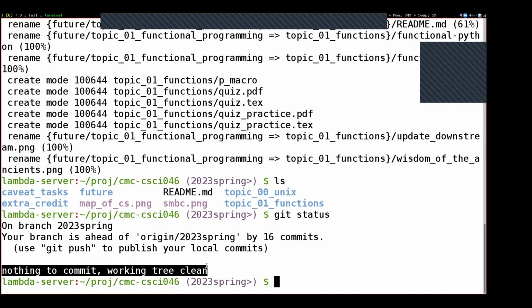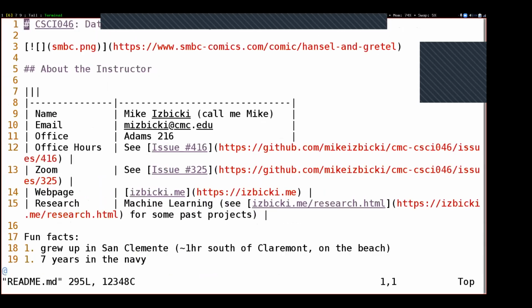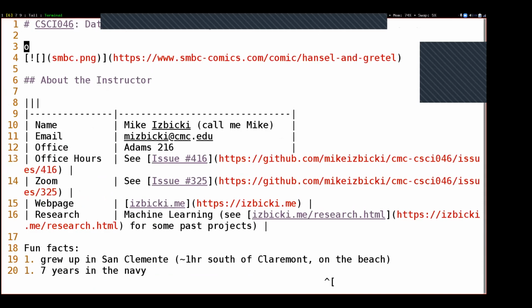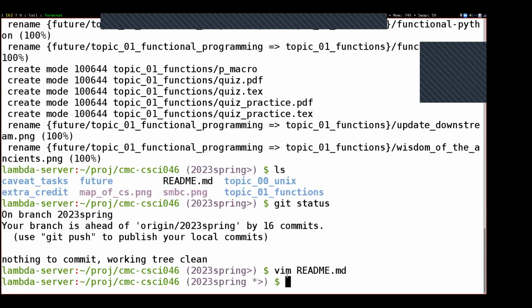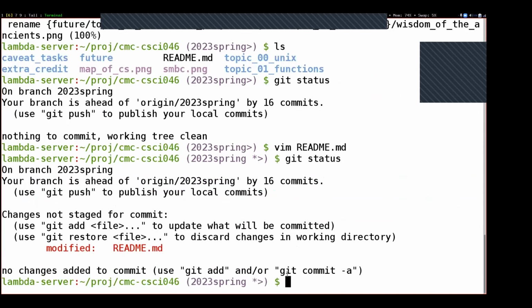In order to get into this state, there are two things you can do. I'm going to quickly add some stuff to the README file down here. I just opened up the README file, made some changes, and ran git status like this. This created this red file right here. I could run git add and git commit on this file if I want to save these changes for the future, or if I don't care about those changes,